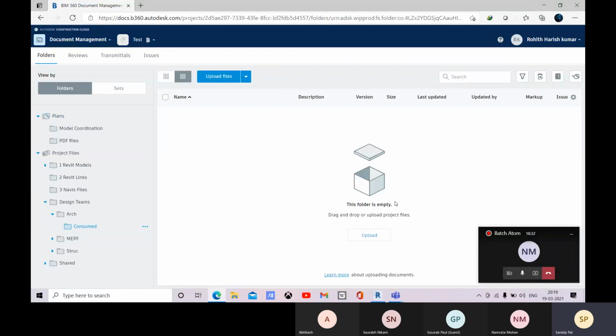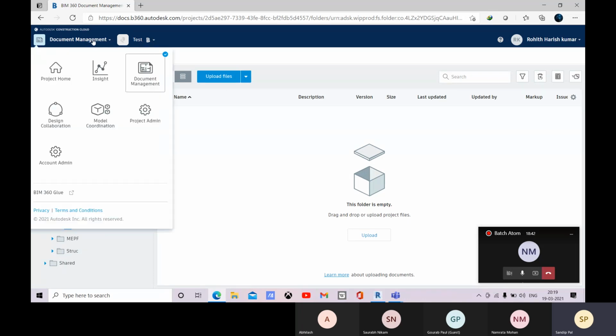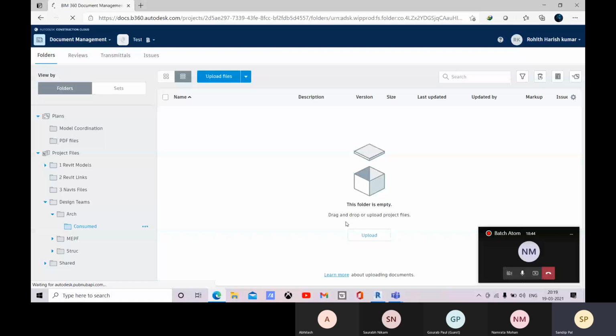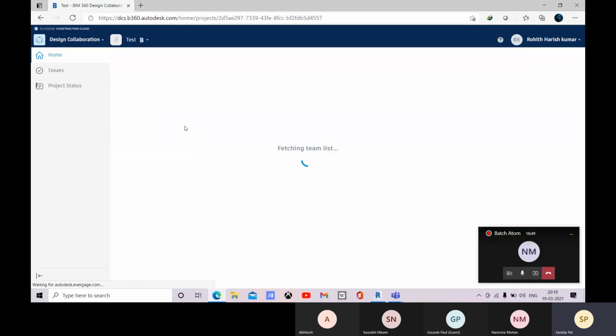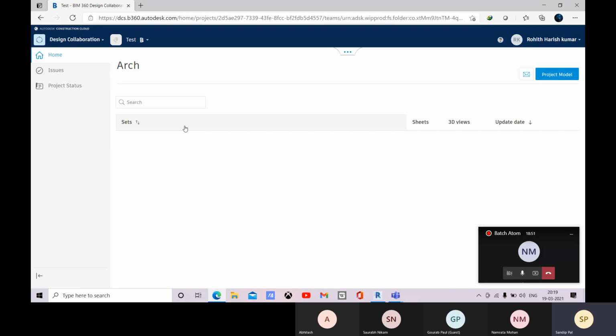So you can simply drag and drop to upload also, or else you can do this from here. This is the option. So all this will be added, and then we will come to this design collaboration, and there we will have all our models. And then we will give other teams access to it.